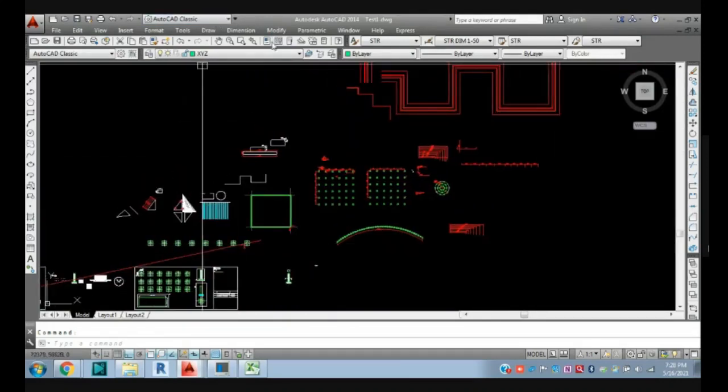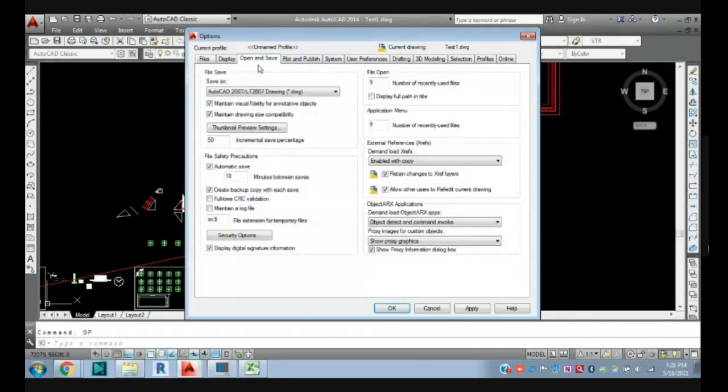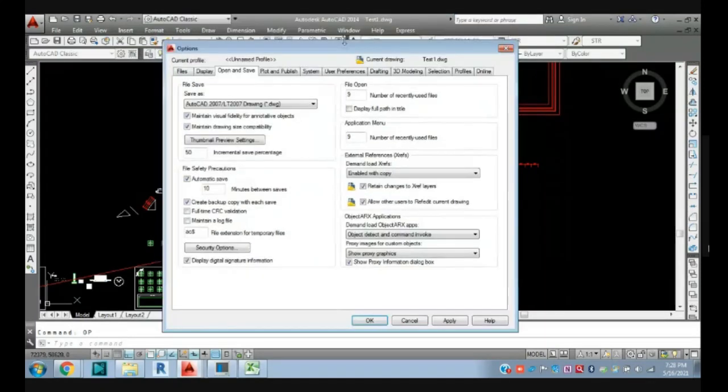If you go again in options, and go to open and save, you can see here this is AutoCAD 2014, and save as 2007. Where will this be applicable?